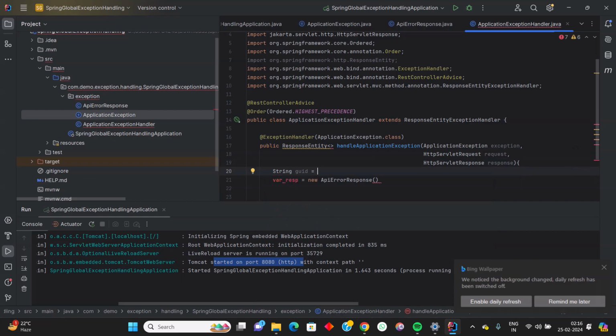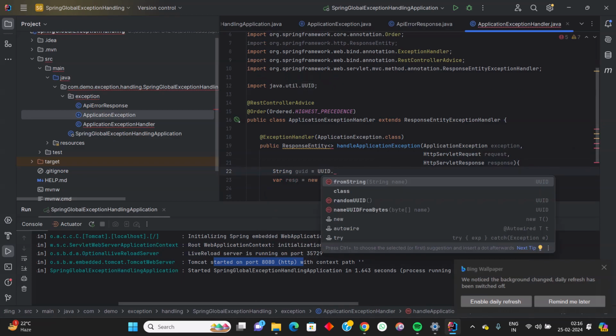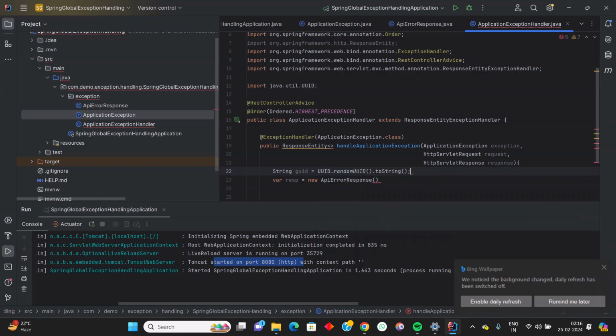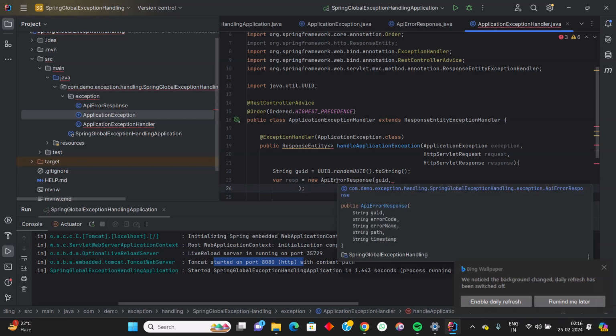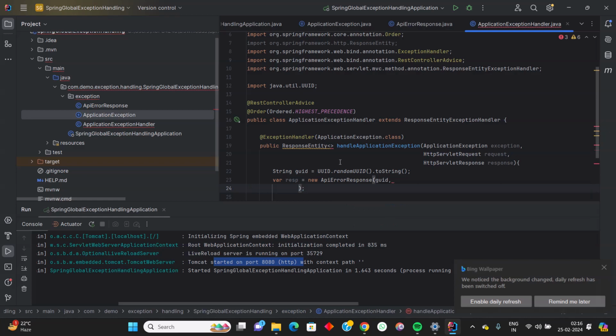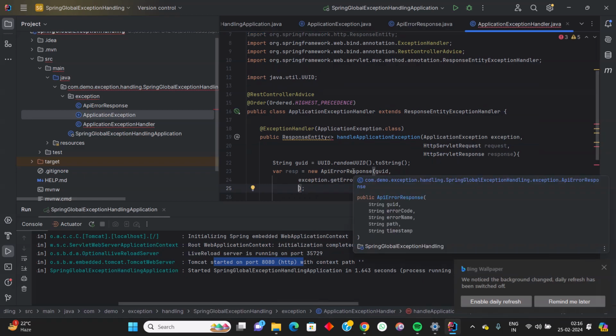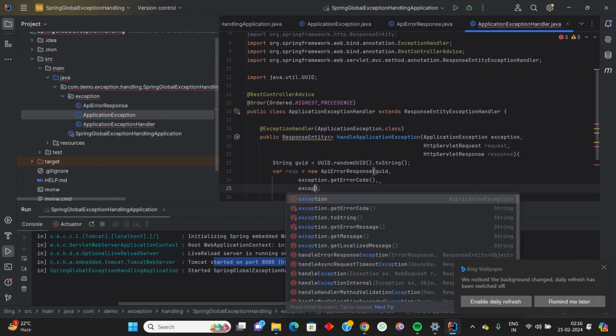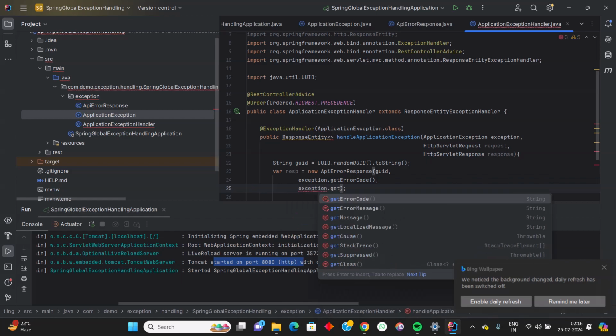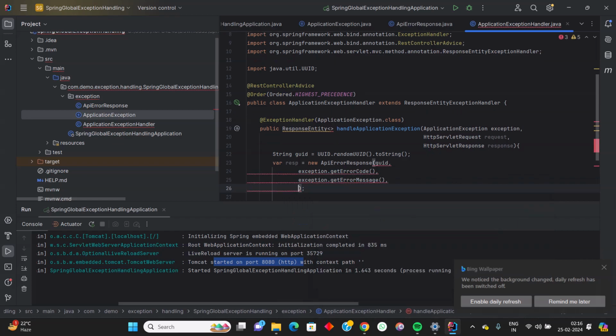So we are going to generate a random GUID toString. The second parameter is error code. The error code we are going to get from the application exception itself. Error code. Third one is error name, error message,